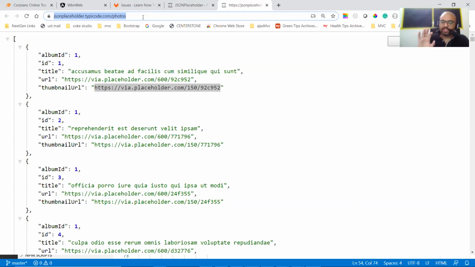So now what will happen is, let's say we create an object: album ID, title, URL, and thumbnail URL, right? This is our object. Now by calling HTTP post method, I am posting my object to that method. That method will take your object and save it in the DB, or pass it to DB, and finally your object will get saved over there.